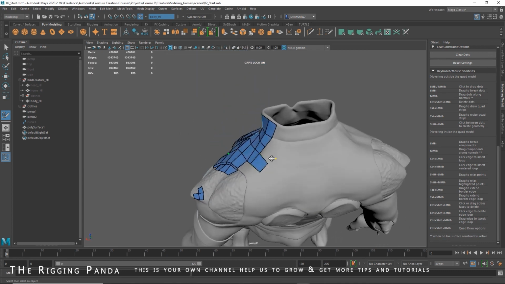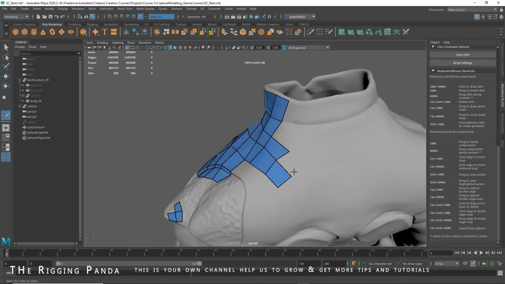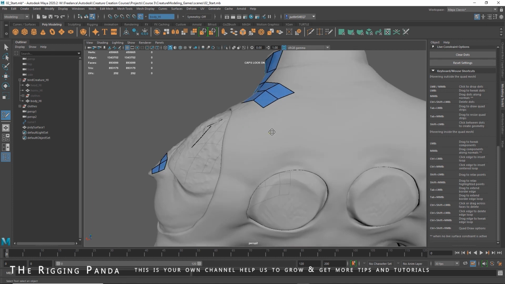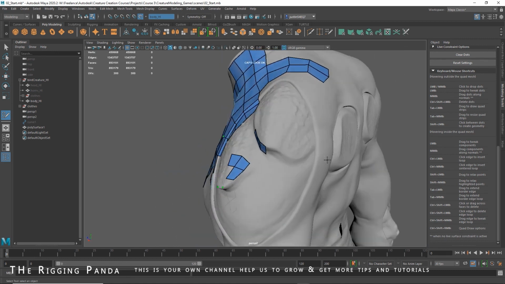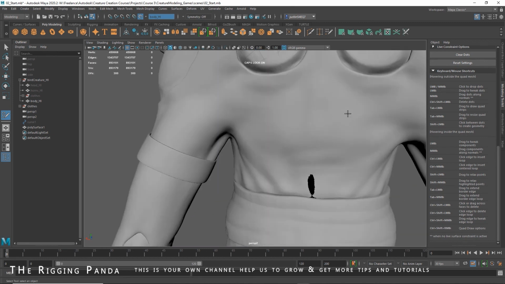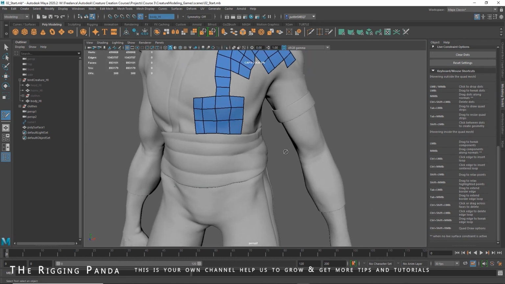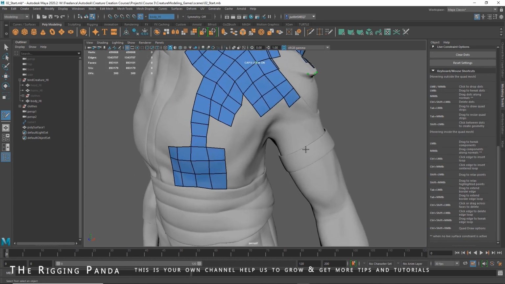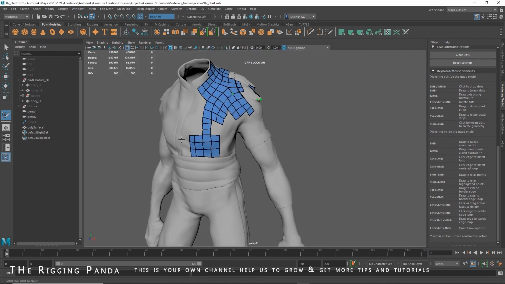So go ahead and bring your topology around to the back. Again, we're not doing anything different. It's exact same, just clicking points and then moving our points around, okay? You want to make sure to define the areas around the openings on the jumpsuit, around here. Remember, only on one side. Same thing for the armband. If you have an armband, some versions don't have that. But if you have that, you can do that. But we'll continue. I'm going to go ahead and finish the kind of the front and